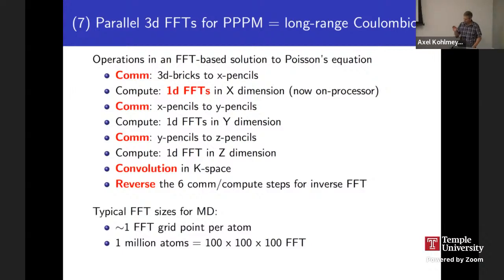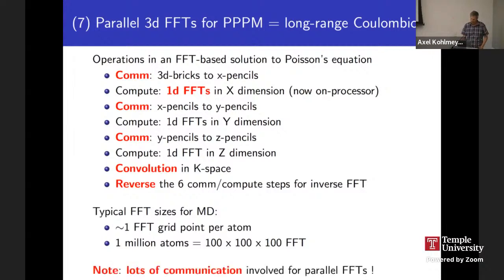So typical sizes of FFTs in MD is about 1 grid point per particle. So that means if you're doing a 1,000,000 particle simulation, you need, for example, a 100 cube grid to do the FFT. That may seem like a lot, but that's not very big compared to some of the FFTs that people do, like in cosmology simulations or something. I've seen ones there that are like 16,000 cubed, which is a dramatically larger